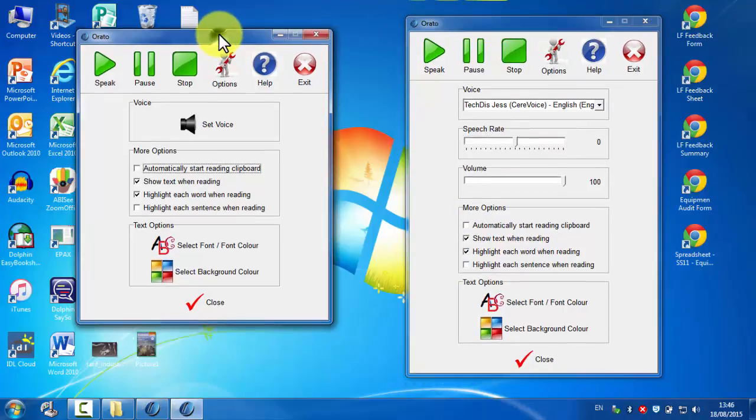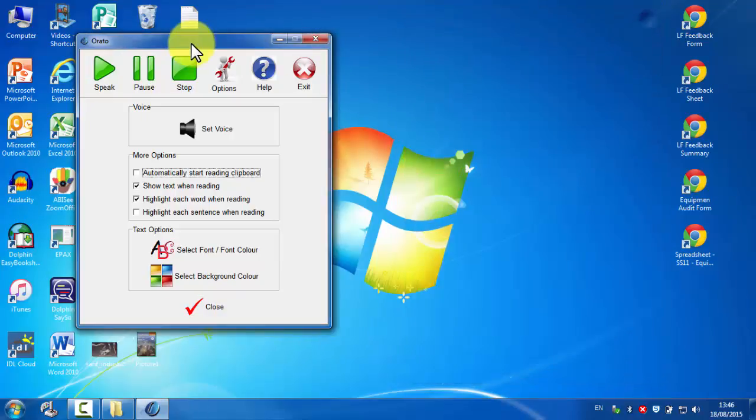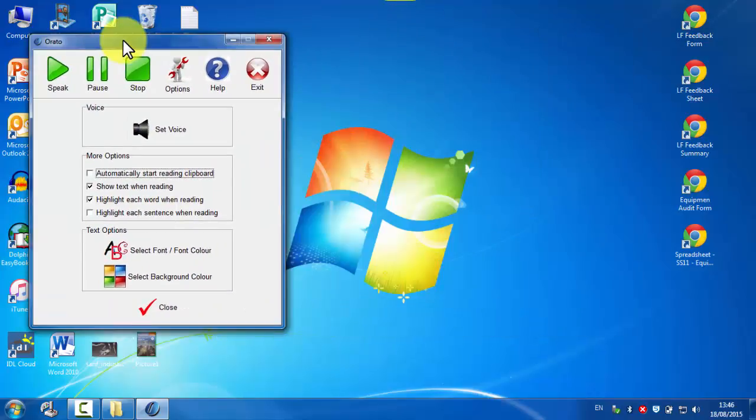If you actually get the version from the FX software website, I'll put a link down in the description, then this is the version on the left. This newer version is the version that you can download from there. So I'm going to shut this version on the right now, and leave us with the version on the left as we move on to a final thing that I think it's worthwhile people know